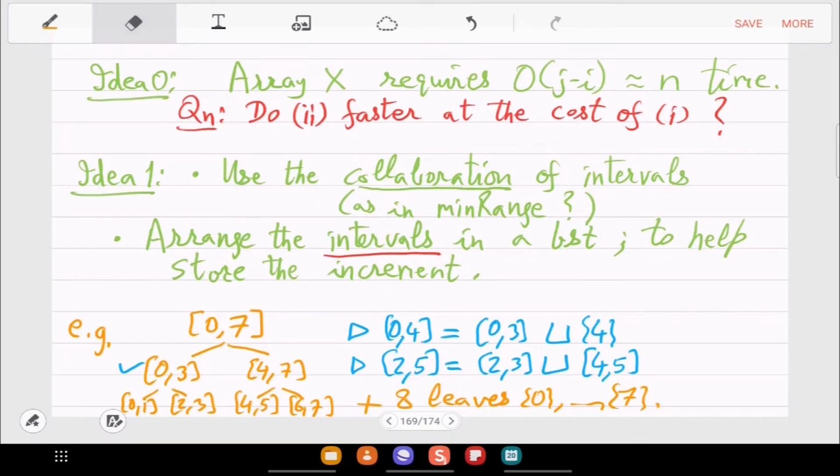Okay, so there are these many nodes in the interval tree. The height is log n of the tree. So in this case, you have 4 layers. There is the leaf which is at height 0, and above that you have 3 more. And that is what determines the search for these parts of an interval. Right? So that is order log n only.